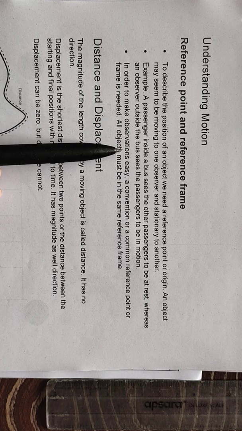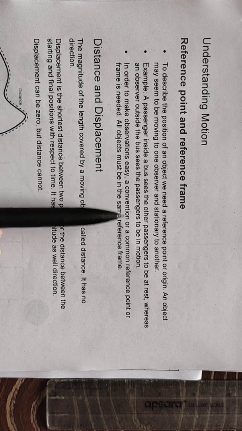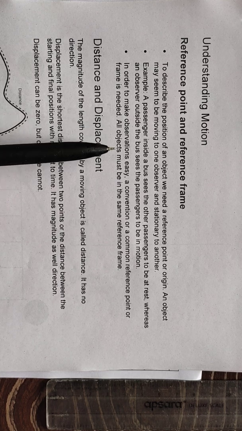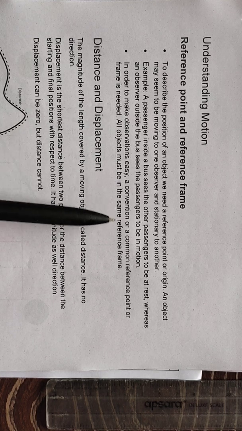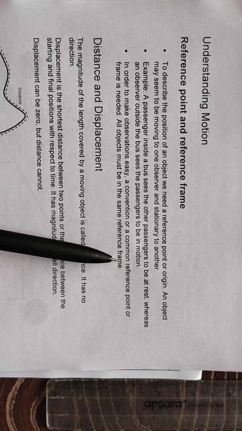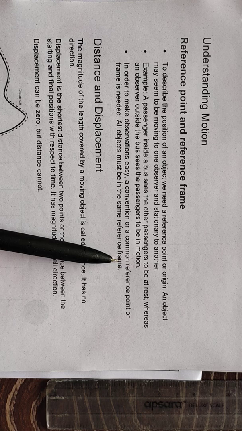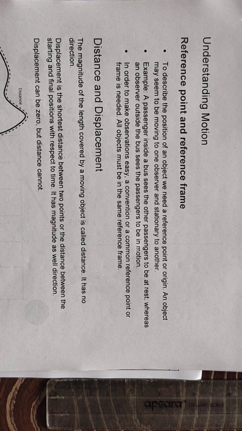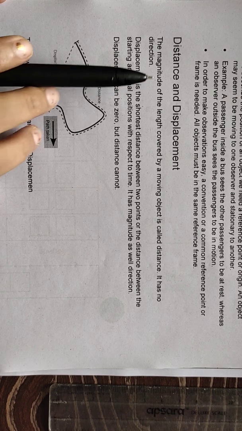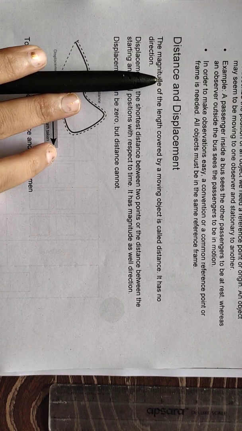So in order to make observations easy, a convention or a common reference point or frame is needed. All objects must be in the same reference frame, then we can identify whether any given object is in motion or not. Okay, so after understanding the concept of motion, let's try to understand two phenomena,